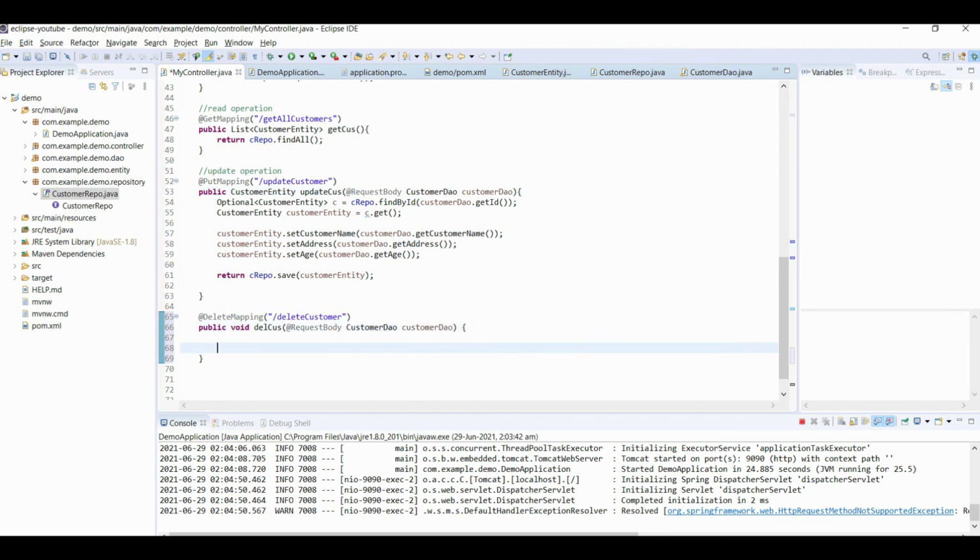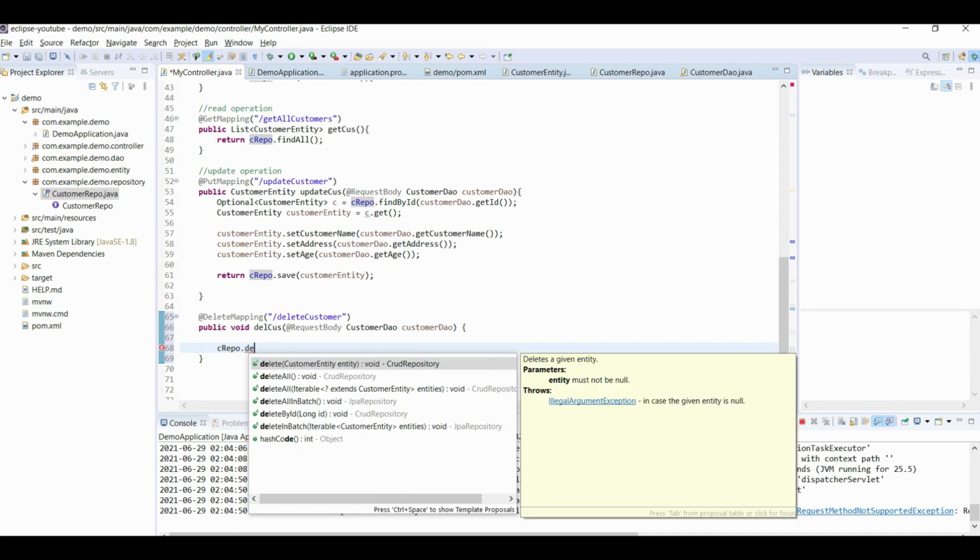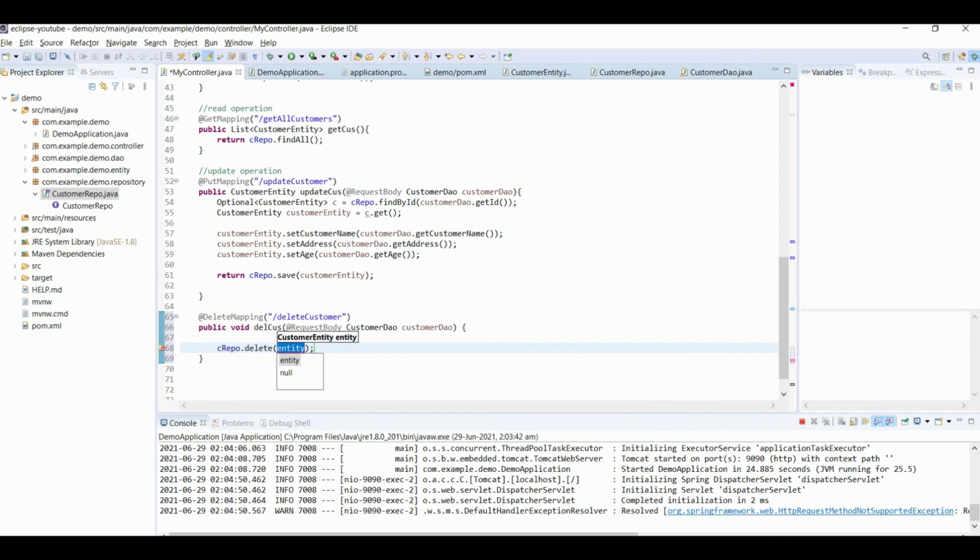Let us try to write the code. We'll use customer repo dot delete method, and we have to pass the customer entity. So we have to get that customer with that ID.